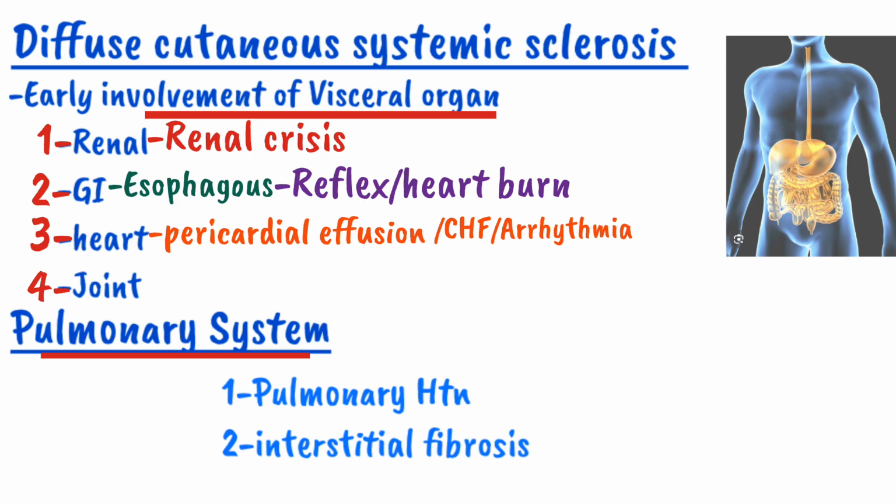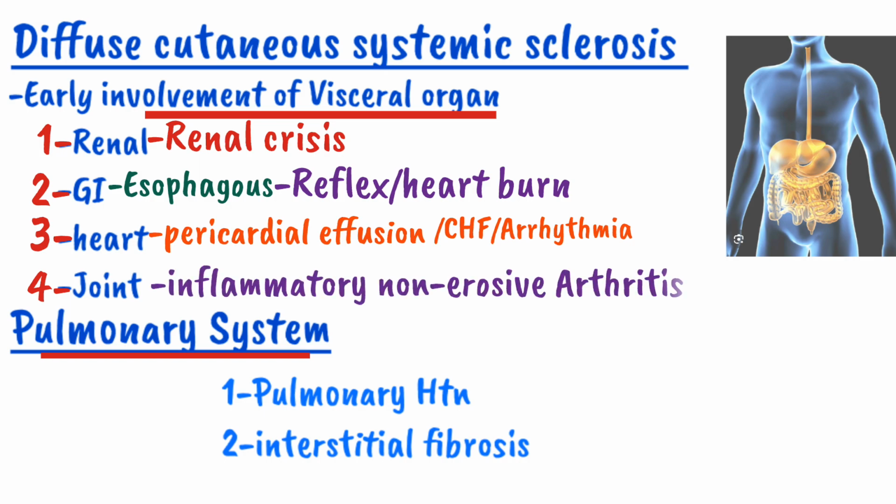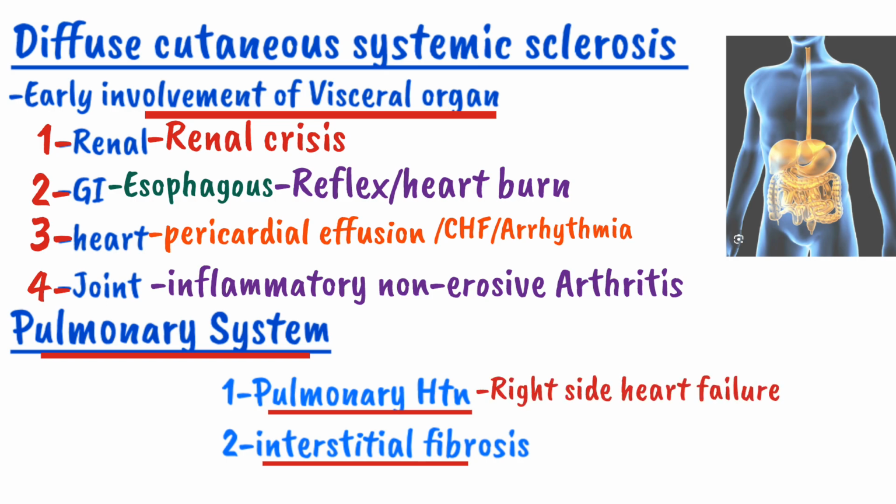In joint, it causes inflammatory non-erosive arthritis. Apart from these things, the last system which is involved in diffuse form is the pulmonary system. In pulmonary system, it causes pulmonary hypertension and interstitial fibrosis. The pulmonary hypertension can lead to right-sided heart failure. So we do regular cardiac monitoring in a scleroderma patient for right-sided heart failure. In interstitial fibrosis, there will be a honeycomb appearance of lung on chest X-ray and there will be a shortness